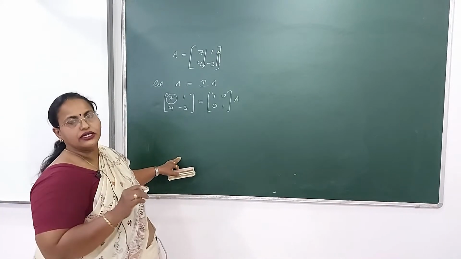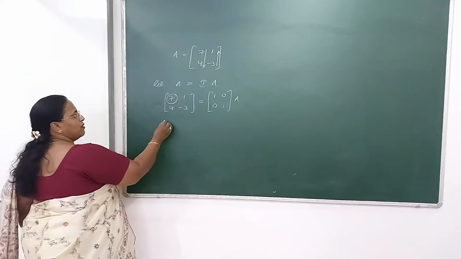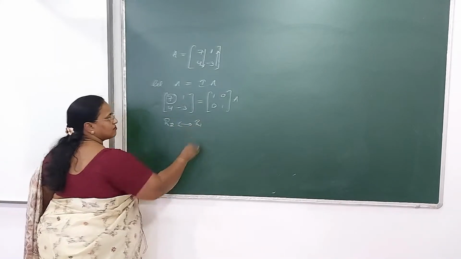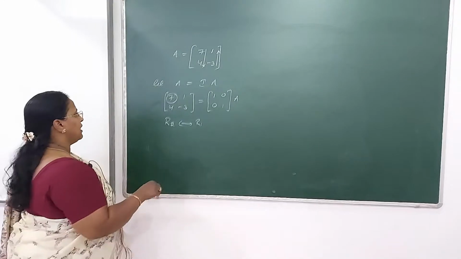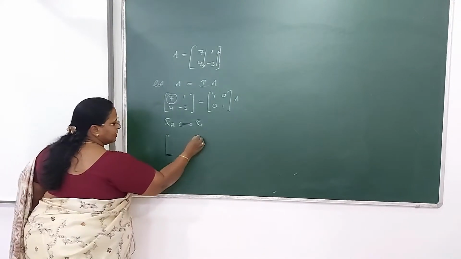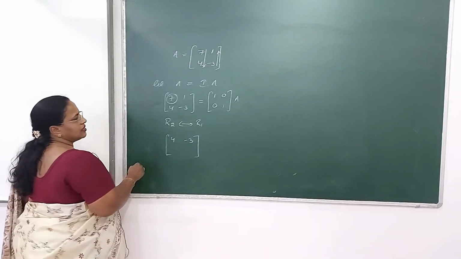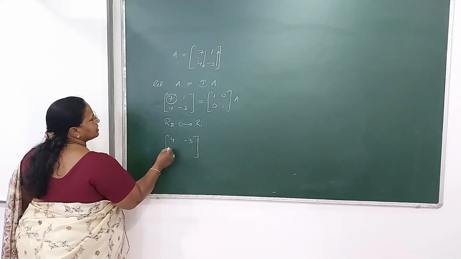That is a very important thing. So here I am interchanging R2 and R1. Now I will be telling you why. When you are interchanging, this comes as 4, -3, and this is,